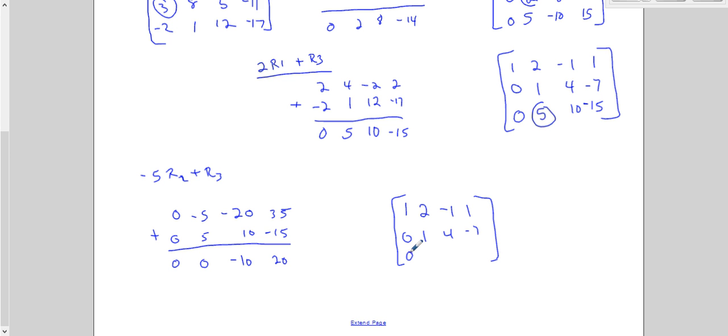I have my new row 3 as 0, 0, negative 10, and 20. Okay. I have my 1, 0, 0 in the first column. When I go over, I have my diagonal 1 here with a 0 below that. But then I need this third diagonal value to be a 1. So right now it's negative 10, so I need to divide by negative 10. And when I do that, my final matrix will be